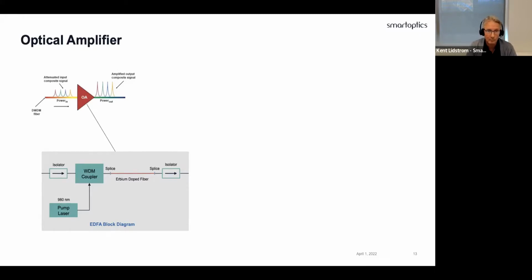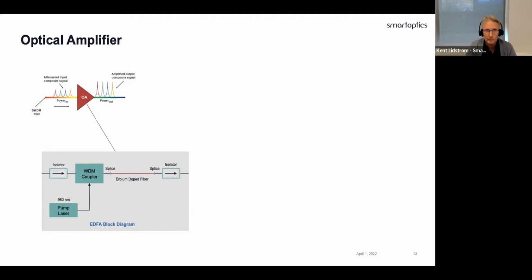Then you will get the physical phenomenon that happens when you mix those wavelengths over an erbium doped fiber. If I make this super simple, the energy of the photons from the 980 nanometer will basically transfer over to the wavelengths that you have around the 1550 nanometer spectra, the C band. So that's basically what this one is doing. I make this sound very simple, but that's pretty much what it does.